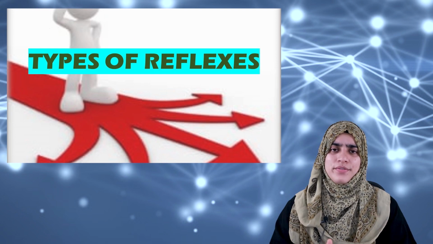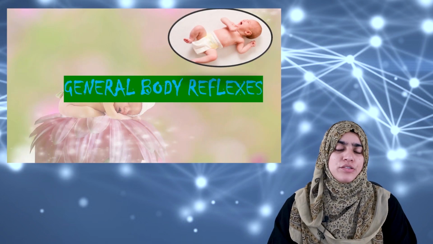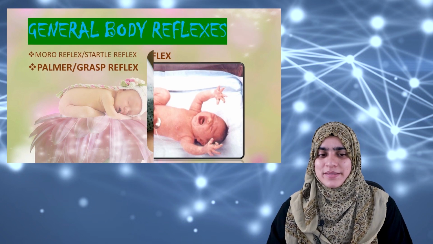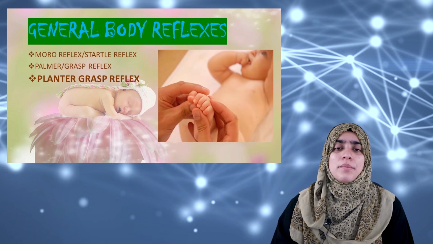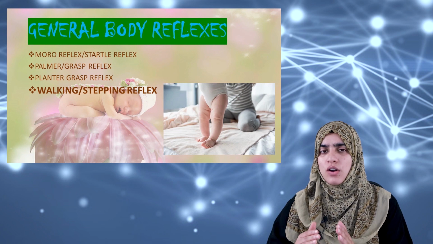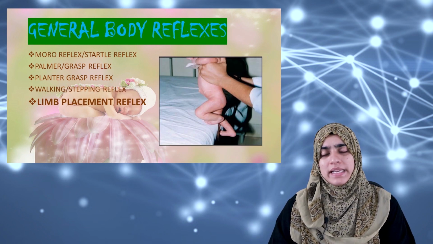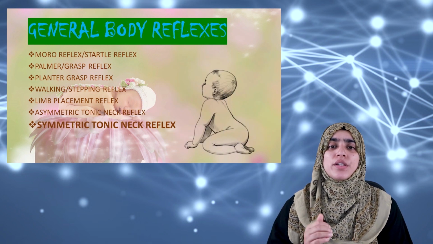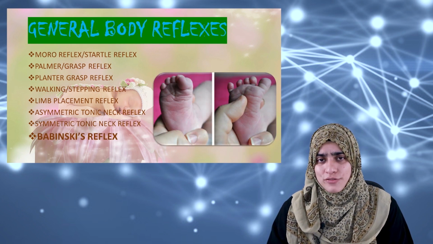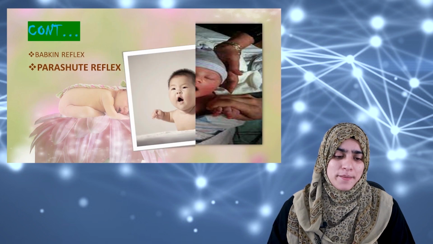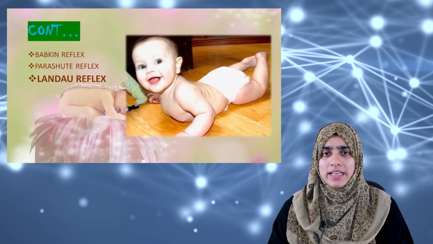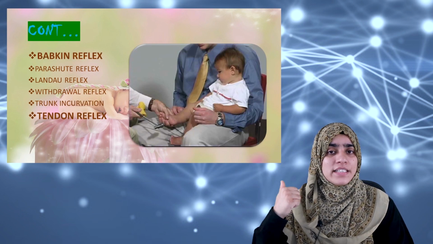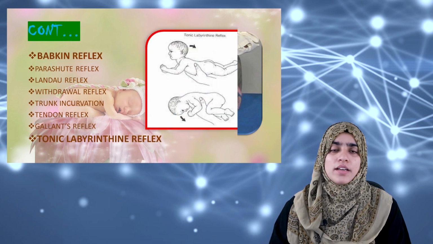There are various reflexes which we'll talk about. The general body reflexes can be Moro, or you can call it the startle reflex, palmar or grasp reflex, plantar grasp reflex, walking or stepping reflex, limb placement reflex, asymmetric tonic neck reflex, symmetric tonic neck reflex, Babinski's reflex, Babkin reflex, parachute reflex, Landau reflex, withdrawal reflex, trunk incurvation reflex, tendon reflex, Galant's reflex, tonic